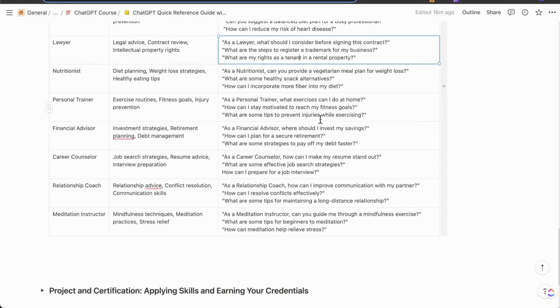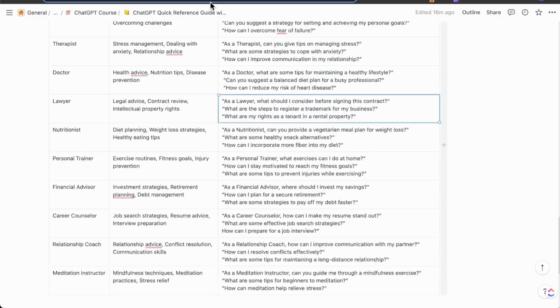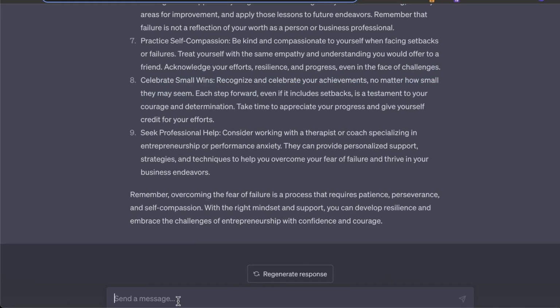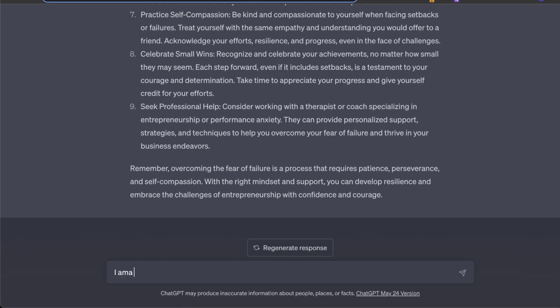But lastly, let's use a nutritionist. That's cool. Let's say, I'm going to completely make this up. I'm going to make this real young, 30 here. I don't know, 140. I'm making this up. But I'm going to say, you are a nutritionist. Create me a meal plan to gain muscle.